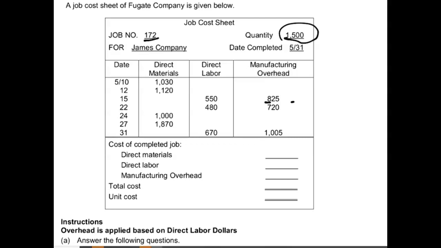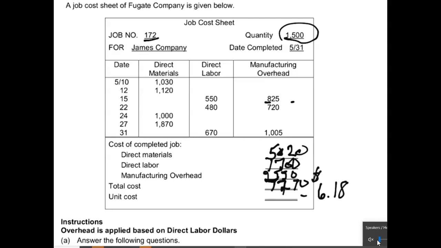Well, direct materials, you can add them up and it would be $5,020. And direct labor, $1,700. And overhead, $2,550. So the total job is $9,270. Therefore, the unit cost, 9,270 divided by 1,500, and the answer would be